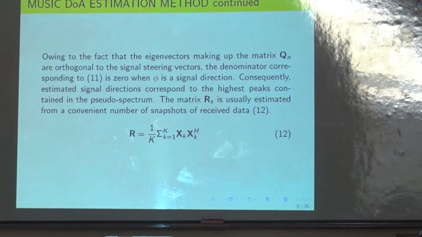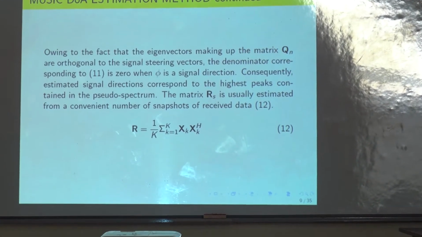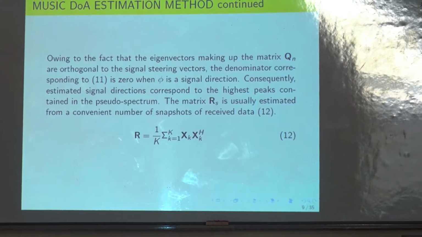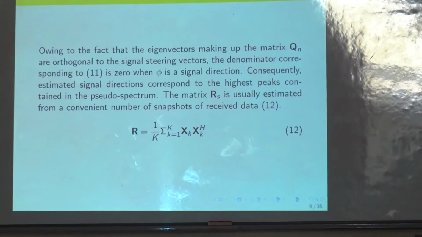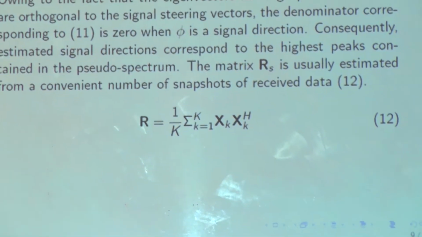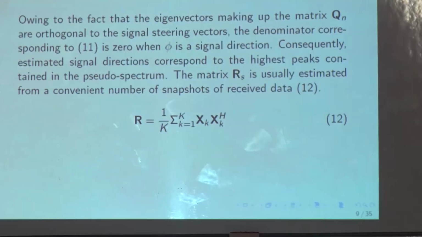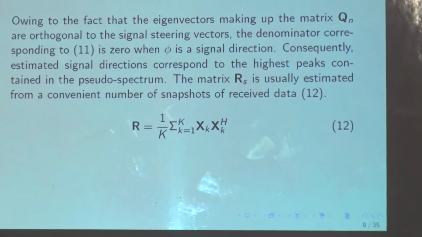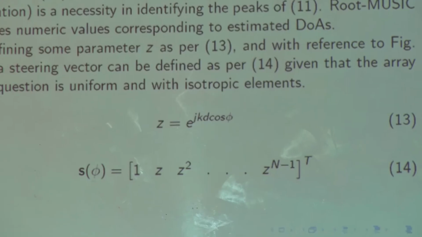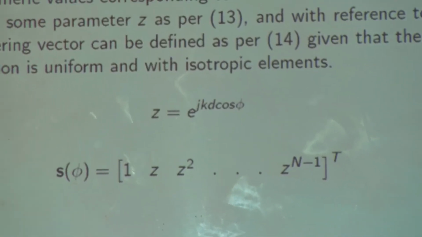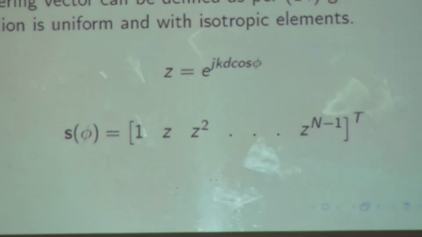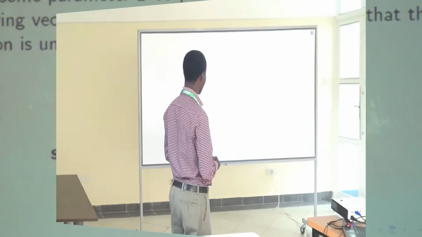The signal estimates that are required for proper estimation, we obtain from expression 12. The higher the number of signal points utilized, the better the estimation will be. The root MUSIC estimation method is a slight improvement on the MUSIC estimation method. At the end of the day, if you learn the MUSIC estimation method, say